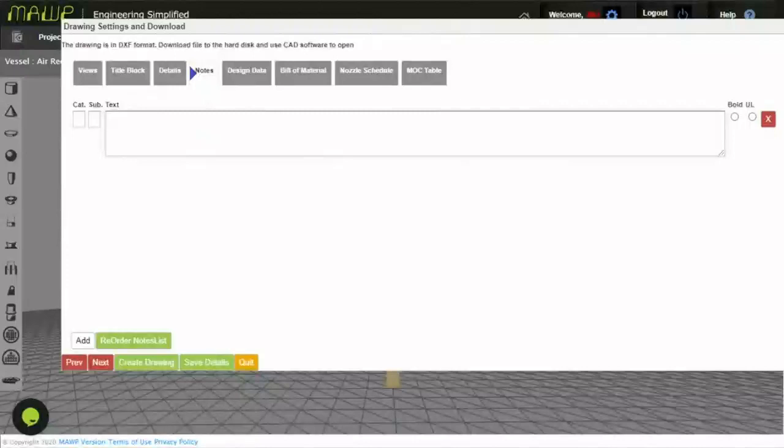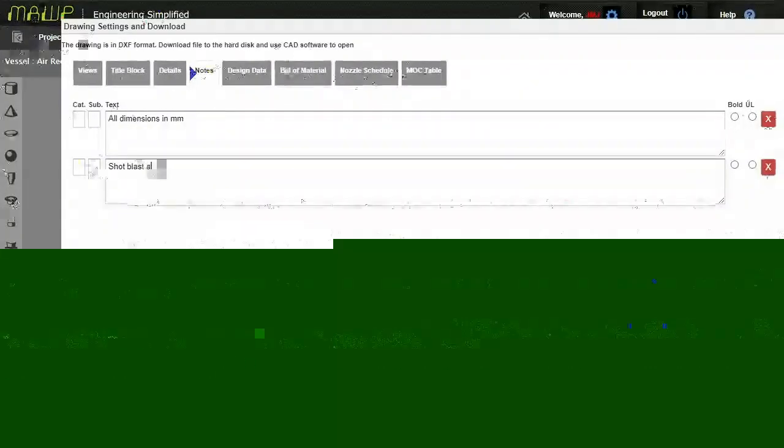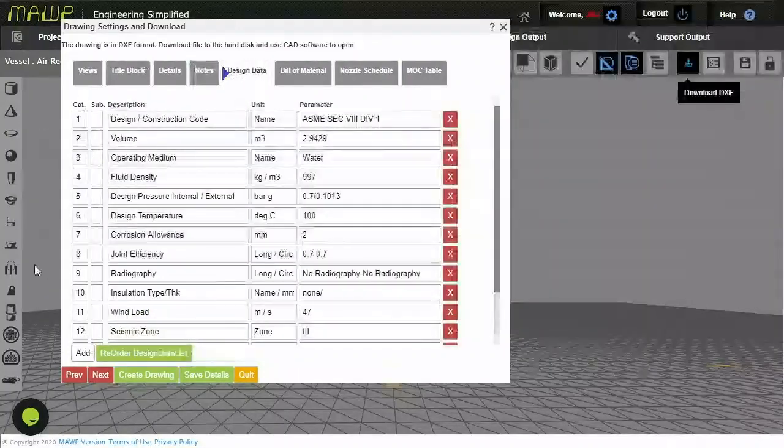Any notes, if you want any specific notes into the sheet, you can give all the inputs here. Right now, we'll just put all dimensions mm. So these are the notes which we can give.